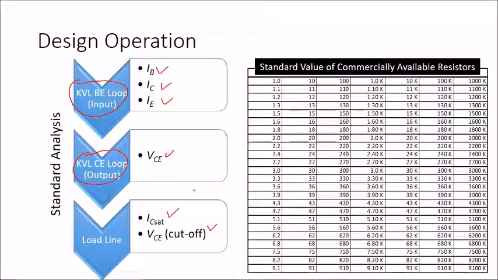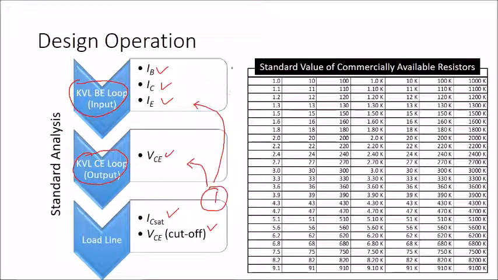But for designing, we have all the characteristics from the load line, and from the load line graph we find the values of the resistors. In the standard analysis, the values of the resistors are given. But in design, we need to find the values of the resistors. We have to find suitable resistors. Usually we can find the value of a resistor using the load line, and then maybe from the CE loop or from the BE loop, depending on the situation. You have to be very critical to find the best solution.